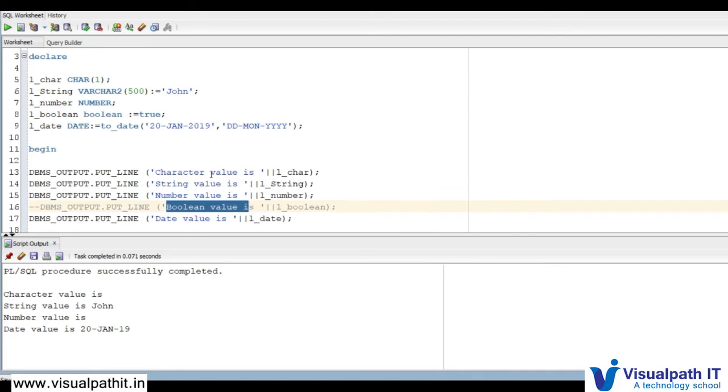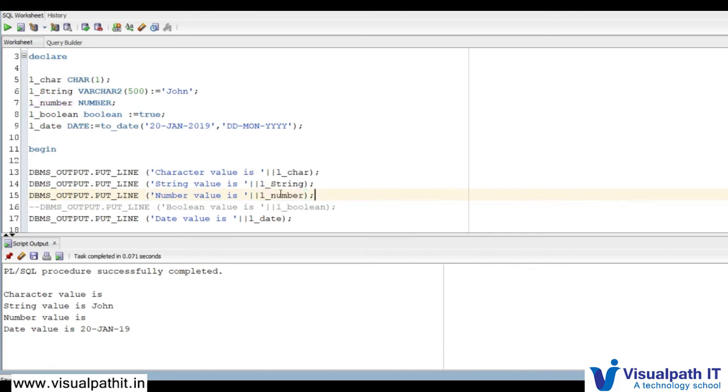Whatever you are concatenating should be matching the data type. This is the string type, this is a character type, and this is a boolean type. But numbers can be concatenated with the string because of automatic cast. Oracle internally casts the number to a string value, which we call implicit casting.